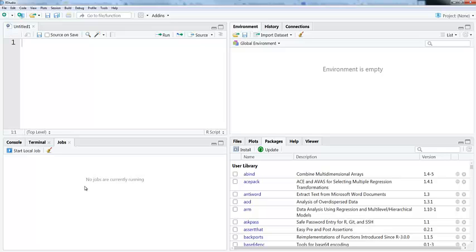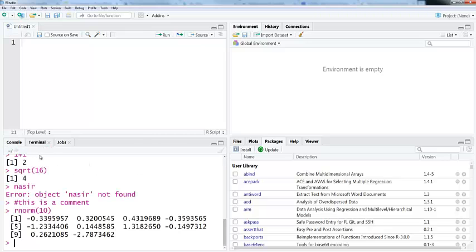All the jobs computation will appear here. So it will be running here, right? So basically these two tabs are not really important for normal use. Okay, right. So at the top